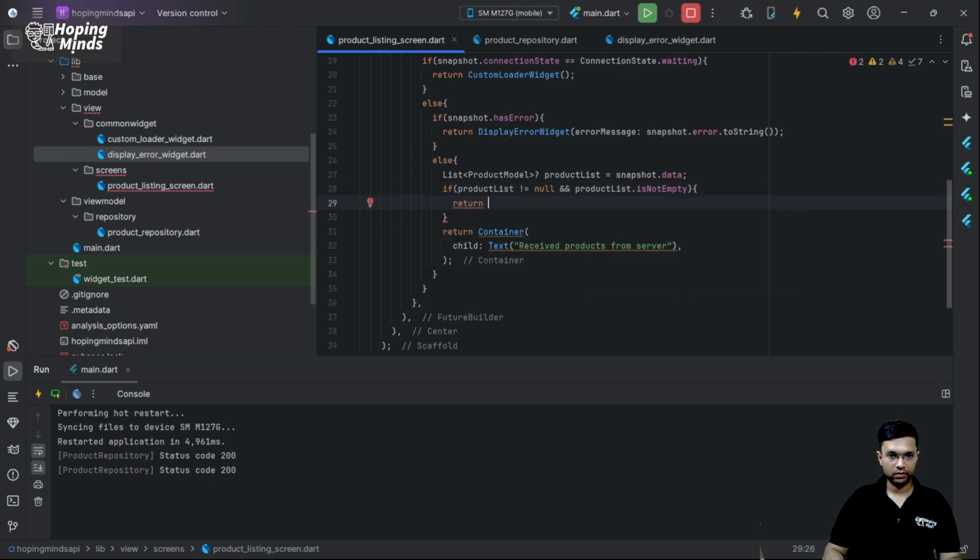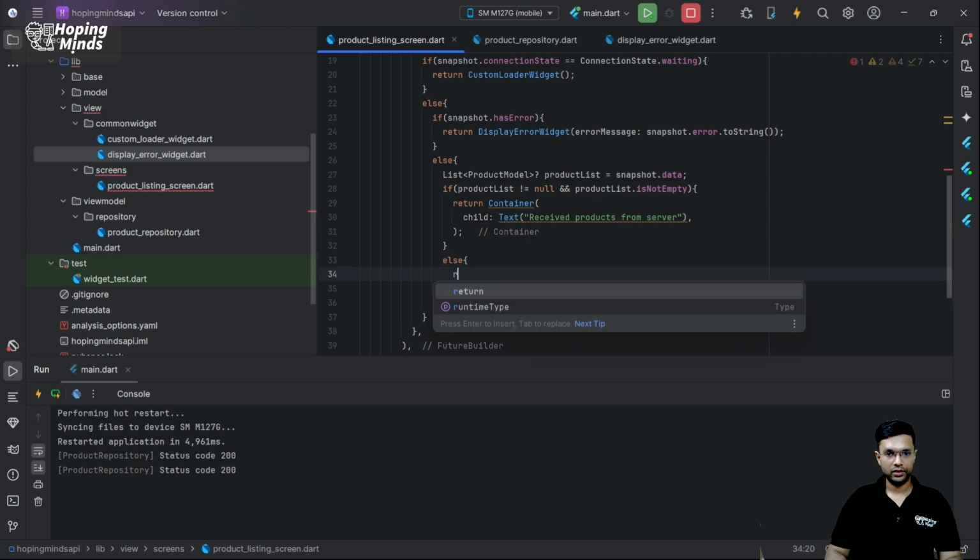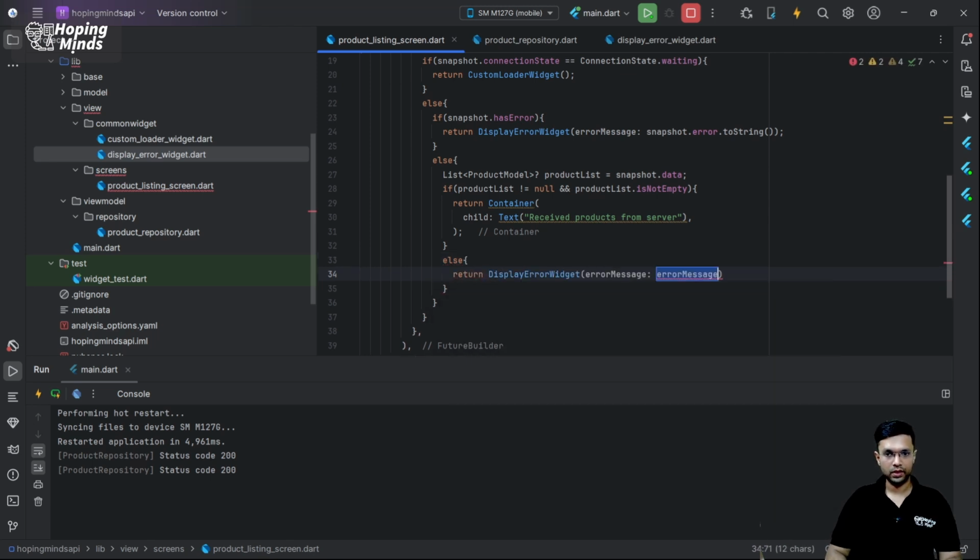If this happens, then I'm going to load my entire widget, else I'll still show my error widget,